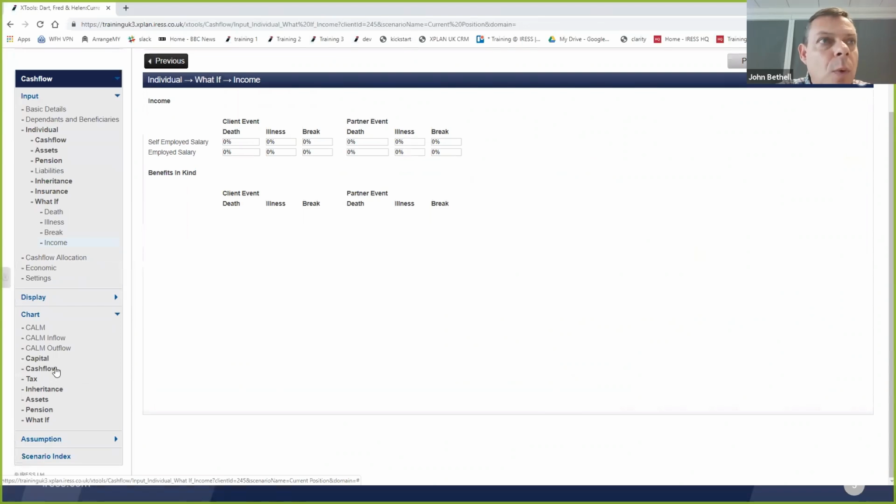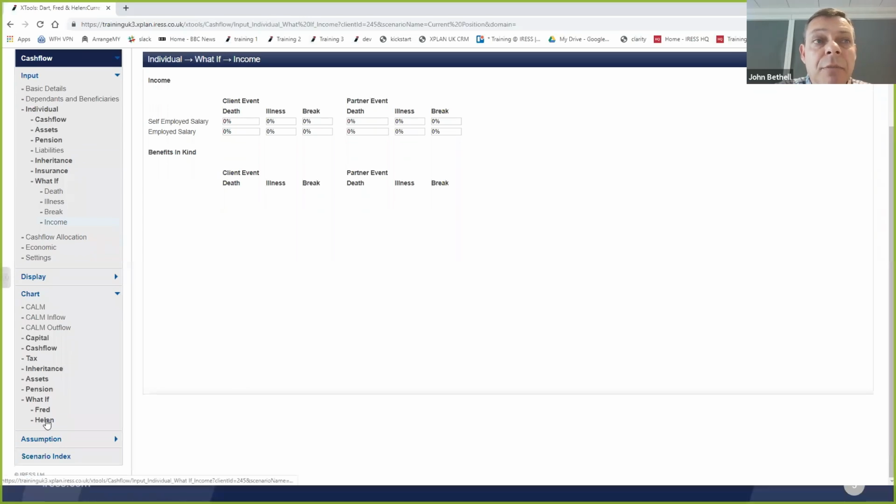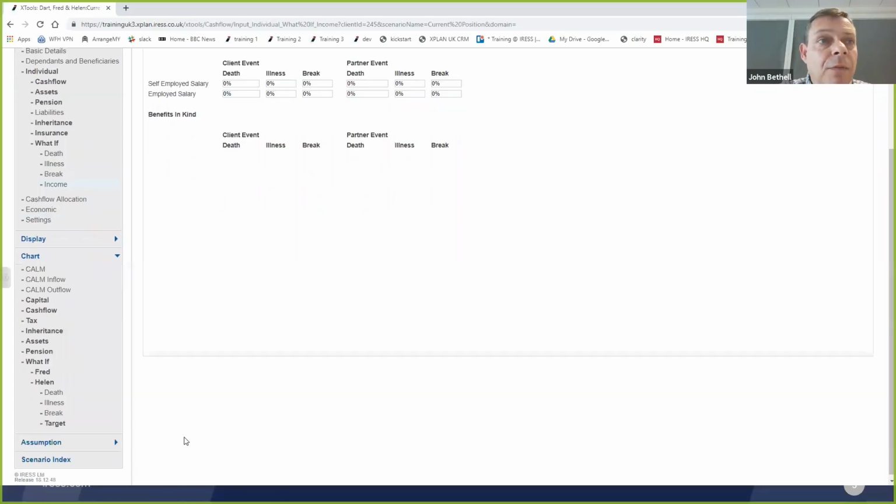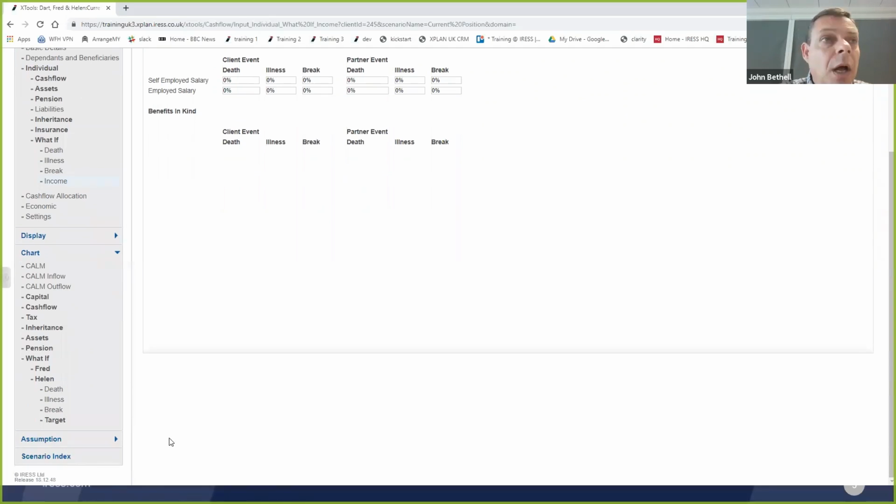And what a powerful way to really look at your suitability report for the life cover, to say, here's your current position, this is the problem we're trying to solve, here's the life cover, here's the second graph having implemented the solution that shows you're in a much better place. Exactly the same sort of principle on illness.